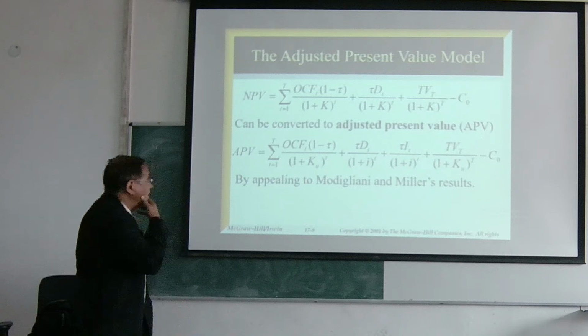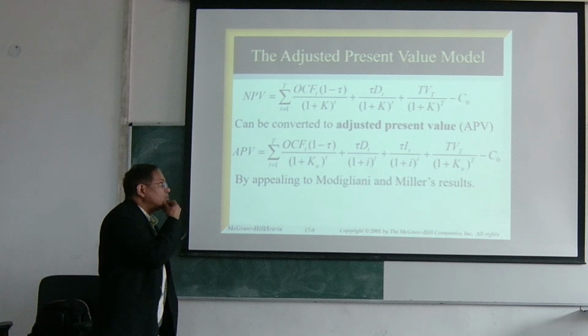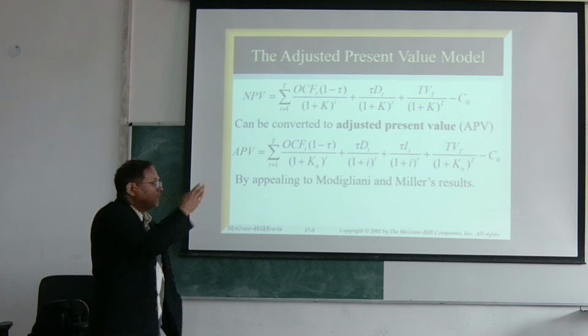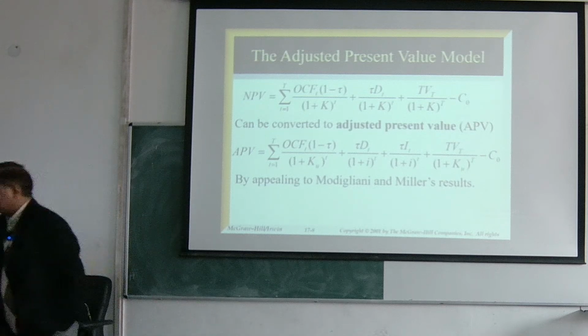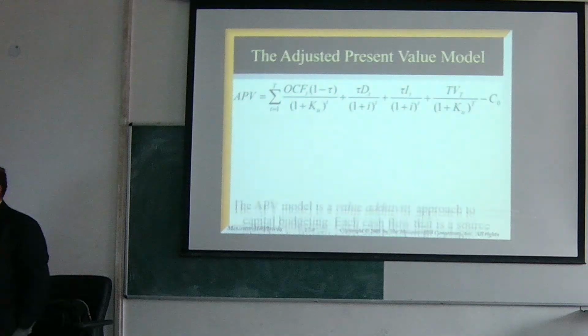सो ये एडजस्टमेंट की बात करते हैं तो क्या कहता है, बाय अपीलिंग टू मॉडिग्लियानी एंड मिलर्स रिजल्ट। अब देखिए यहाँ पे ये पूरा कैश फ्लो कैसे मूव करेगा। APV मॉडल में क्या होता है, वैल्यू एडिटिविटी होती है।